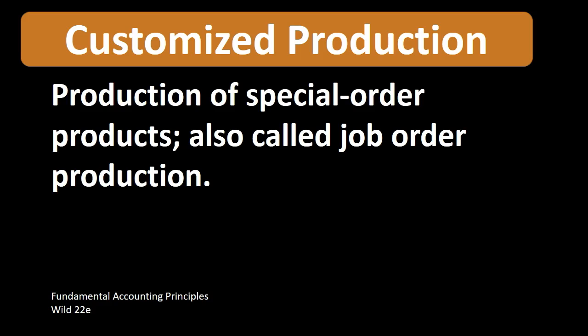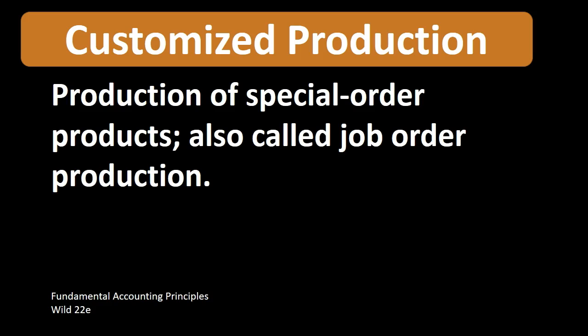Reason being is that a job cost system is usually applied when the types of inventory are different in nature and usually costlier in nature. So if we have production which is customized, typically we're going to have units of inventory which are not the same that are being produced, and therefore we're going to track those with a job cost system as opposed to